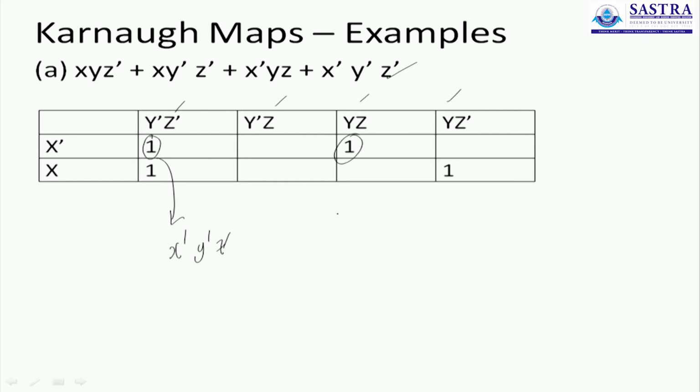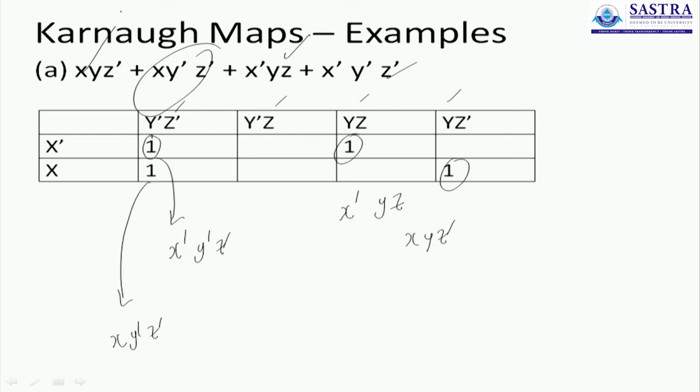This one corresponds to the x bar being paired up with y and z, that's what you have here. And this corresponds to x combined with y bar and z bar, that's what we have here. The last term, the one here, corresponds to x, y, z bar, that's what you have in the very first term of this Boolean polynomial. So we have placed the ones corresponding to the min terms.